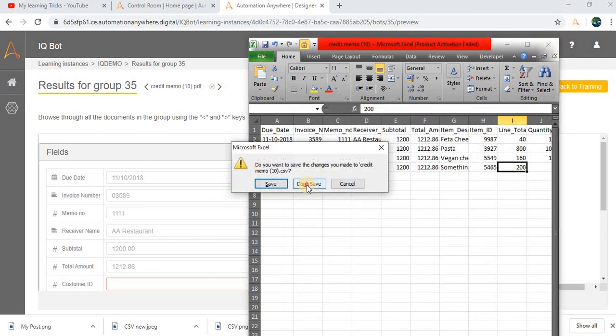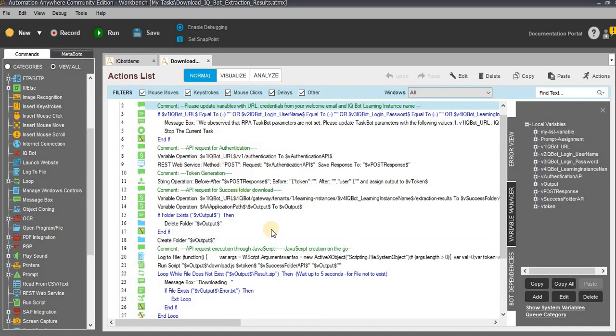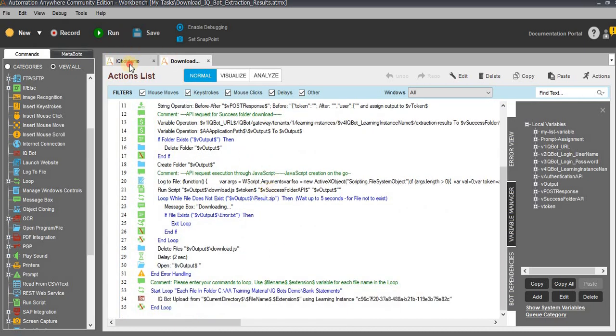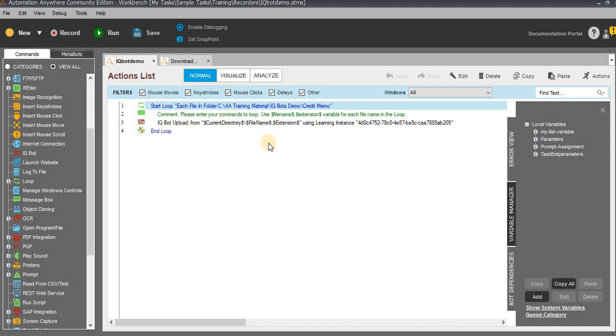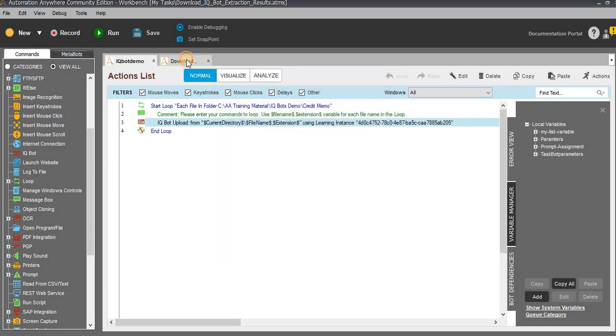Very simple thing. Now I will validate the code once again. Anyhow, please check my previous videos. I have uploaded videos explaining how to download the PDF documents if you are facing any issues with the CSV files or folder issues. If you don't have any other issues, you can directly use these functions. What will happen is it will directly save all the files into this folder, C users, public documents, and the automation IQ bot. In this folder all the files will get saved, so you don't need to worry about anything. So let's practice everything you can do.